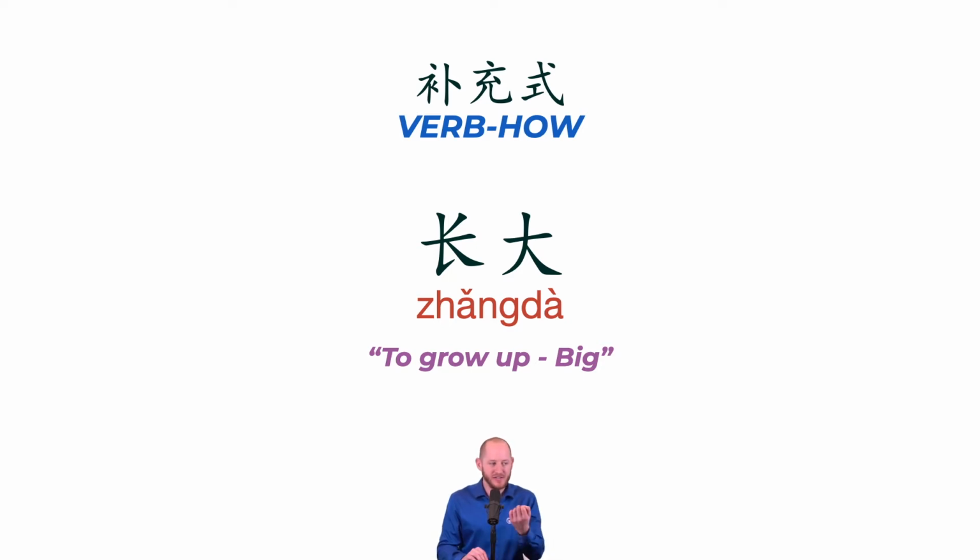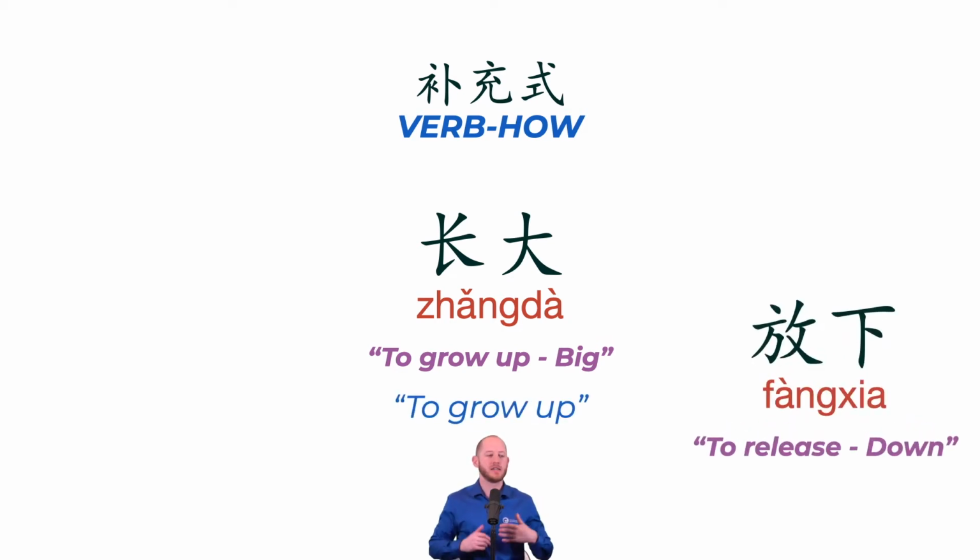So the first character here is 长. This means to grow. And grow until the result is that you become big. So this means to grow up, as in growing up from being a child, right? And so this is a great word. There's a lot of different words that start with 长 and end with the results. So here's a really common one that comes up, 长长. That's actually the same exact character, just pronounced differently. When this character, the first one here that's pronounced 长, when it's pronounced 长, it means long. So if something were to 长长, then it has grown to be long. It has grown long, or in this case, 长大, grow up.